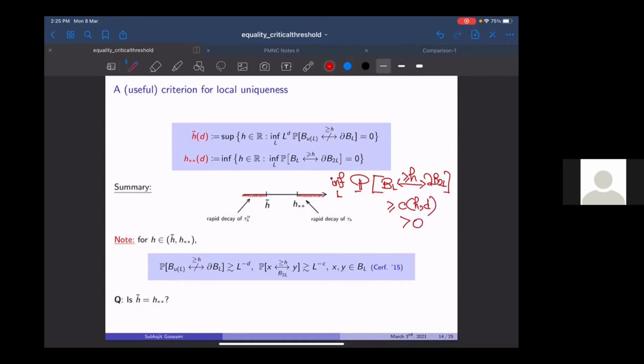Now, this is an argument, and actually if I get time at the end, because it's a very interesting thing to know, an argument by Raphaël Sarf, in this paper on the boundary arm exponent in 2015, where you can actually use this result for any percolation model, okay? Suppose you have this property, and you have some few more properties. So for example, you have, let me just write it down,